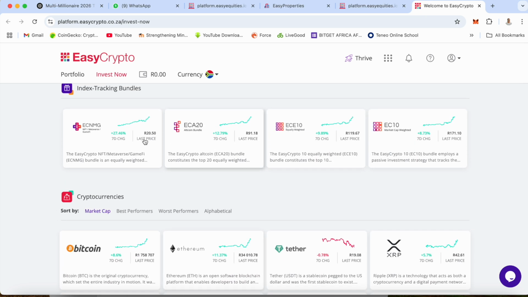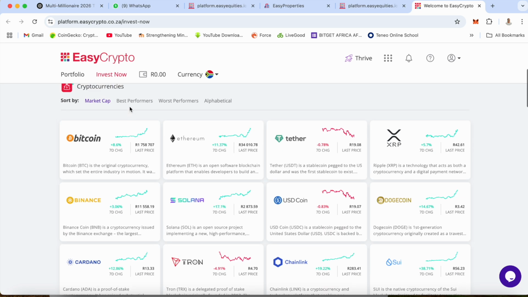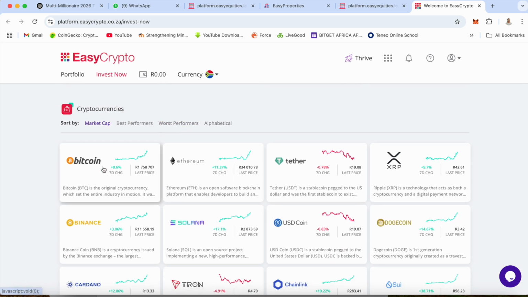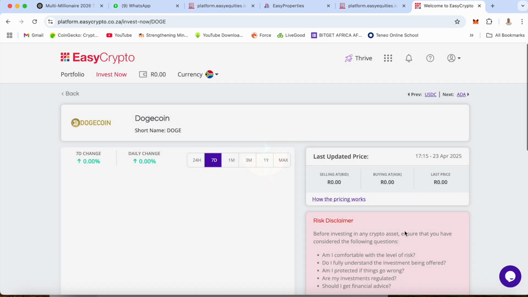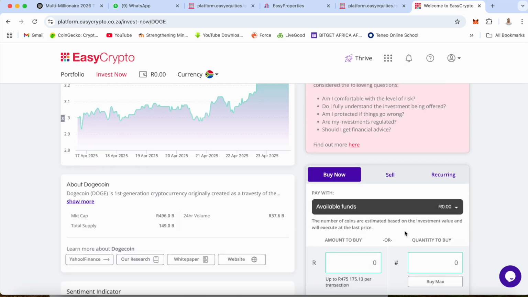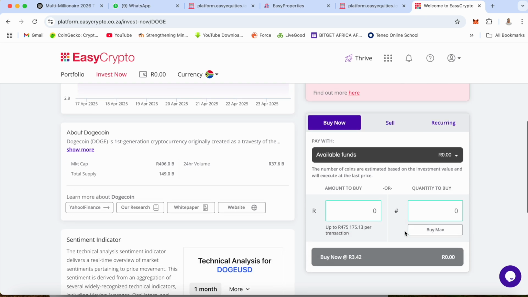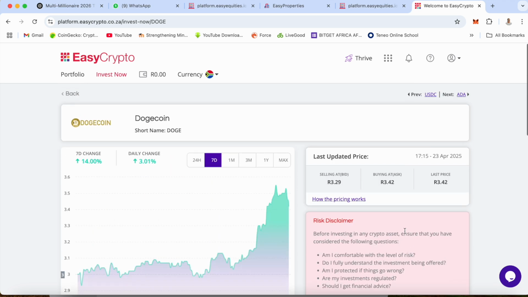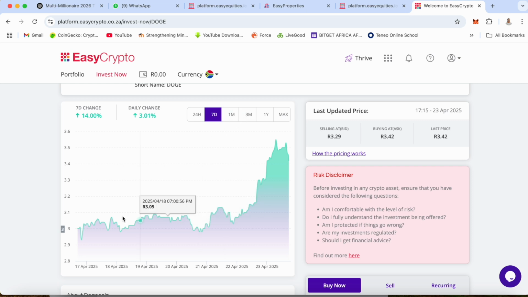There's Bitcoin, there's Tether, there's XRP, and there's even more that you can buy on EasyCrypto. Before, you would buy this at Binance and other exchanges, but now you can buy it directly here. The nice thing about EasyEquities is they've added so many things. It is becoming so interesting. And if you want to buy the EasyEquities share, I think it's under PayPal Group, but we'll talk more about that. If you want to buy crypto, you also have to transfer money to this account. Remember the inter-transfer: you deposit your money into your ZAR account and then transfer it to